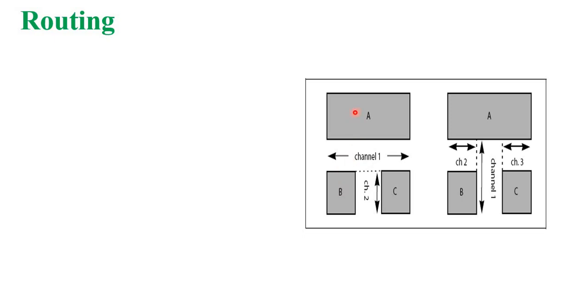For example, whenever we want to move from this block to this block, definitely we need some space. If there is no space, if walls are built, we can't move from one room to another room. There may be a problem. So to overcome that problem, definitely we need a channel.